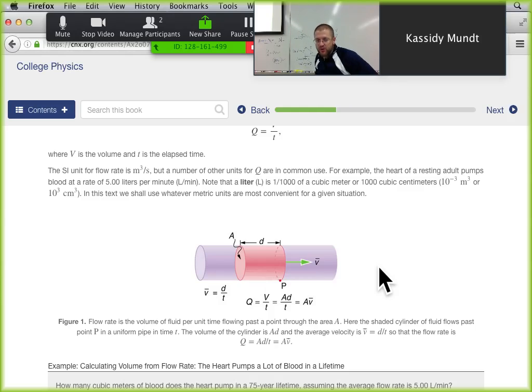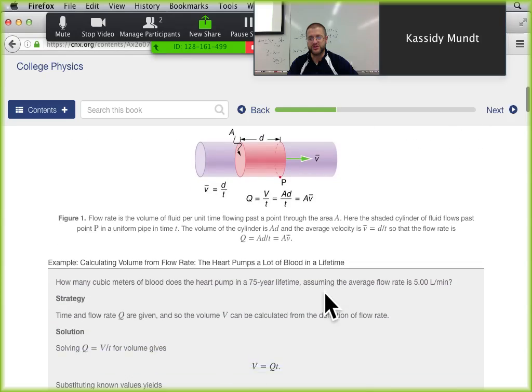But you can also rearrange the equation according to the geometry here to make it equal to the cross-sectional area times the length, divided by time. Or you can have the cross-sectional area times the velocity of the fluid. So any one of those will give you the flow rate. And you can also mix up this equation to solve for different things. If you need to solve for the cross-sectional area and you know the volume and the time, you can do that, as long as you know the distance as well. Or if you want to know the distance and you have the time and the velocity, you can calculate that. So there's lots of different ways to mix this up so that you can solve for what you want to solve for.